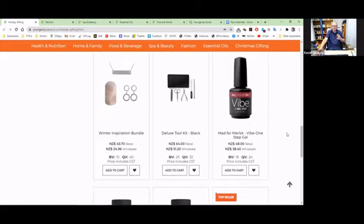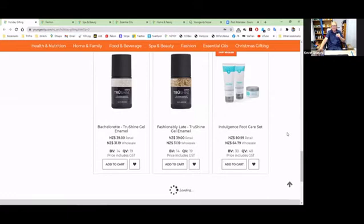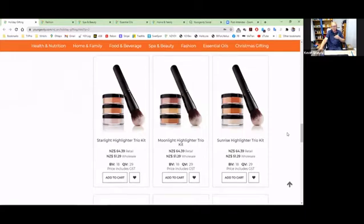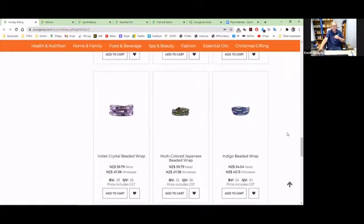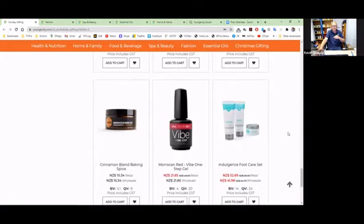And a great little deluxe toolkit for your nails. These are common gifts that people give people, and we have them in our own backyard. Isn't that so cool? A foot care set, a really good highlighter set and brush, choosing the right toner, and some great wraps for your arms or for your ankles, depending on where you want to put them. And of course, the